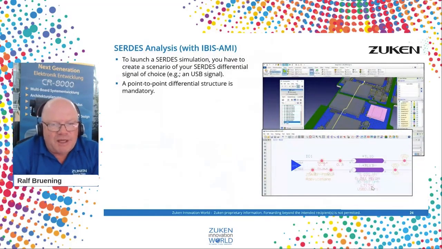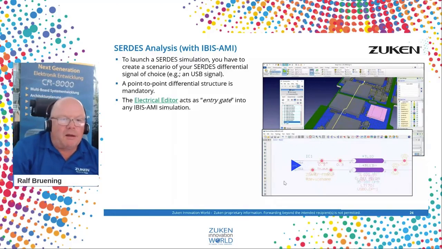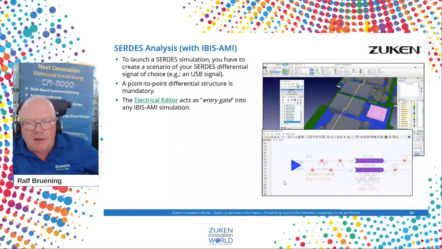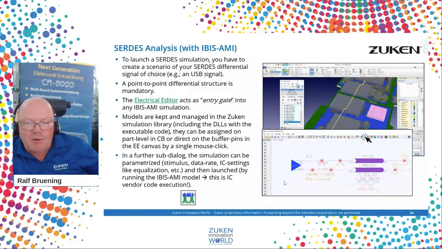And you start within CR-8000 with the constraint browser and selecting a differential pair, which is representing the SerDes channel. I've assigned an AMI model, so we do support AMI models. They can be included in our simulation library. And then you perform this from the electrical editor, which is the entry gate, which has a special methodology to launch an AMI simulation, which opens, if you have the valid license available, a separate dialog, which you can use